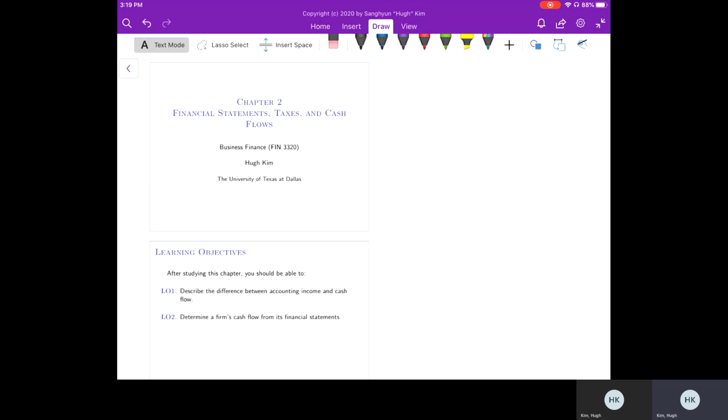Okay, in this lecture, we're going to study Chapter 2, Financial Statements and Cash Flow. So after studying this chapter, we want to be able to understand the difference between accounting income and cash flow. Cash flow